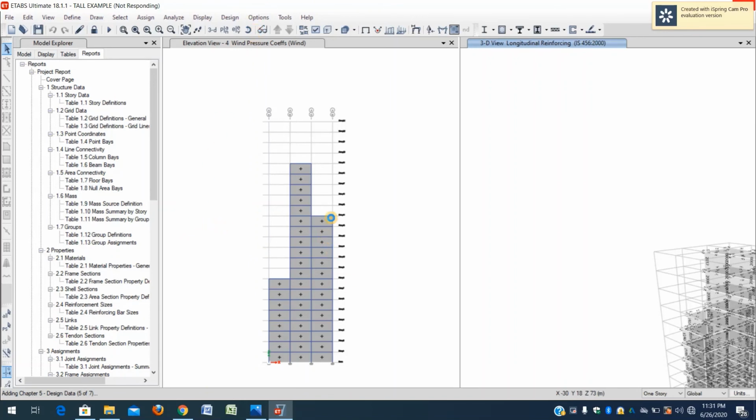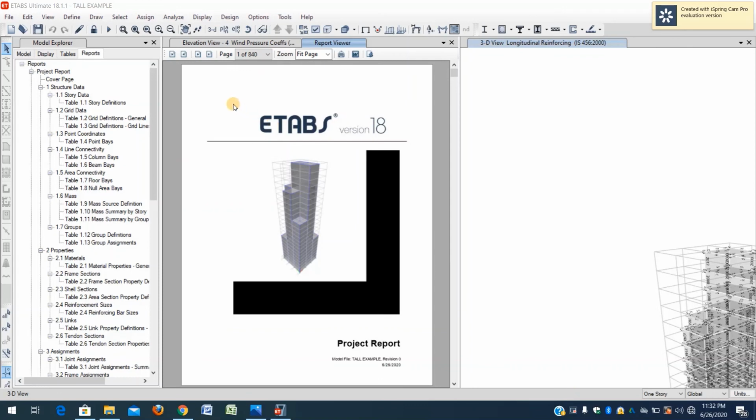That's what I said. Have better RAM to perform smoothly. Now we can see the project report has been prepared. Okay, you can see what you have done. That's it. This is the tall building design from my side. Thank you everyone. Thank you so much.